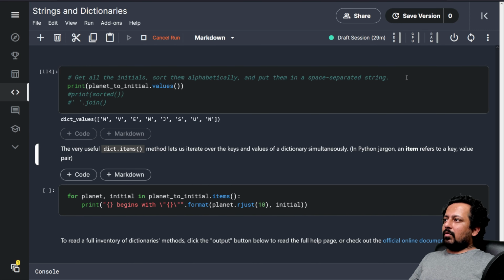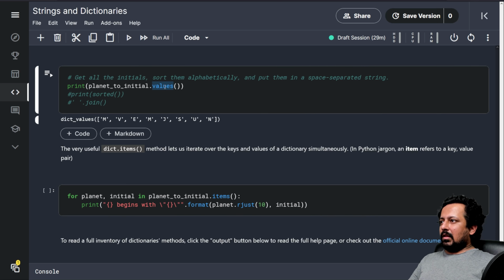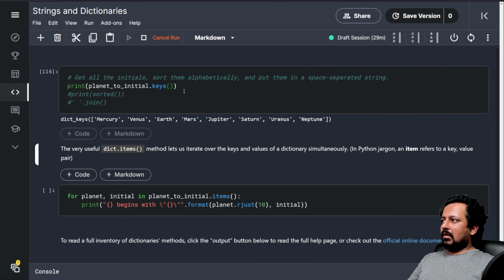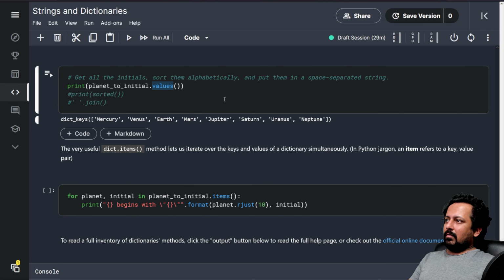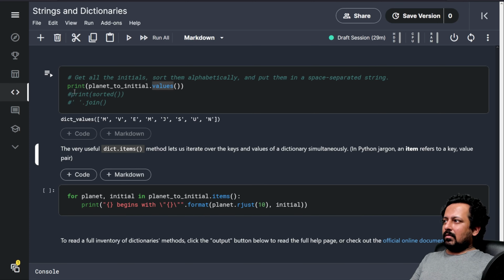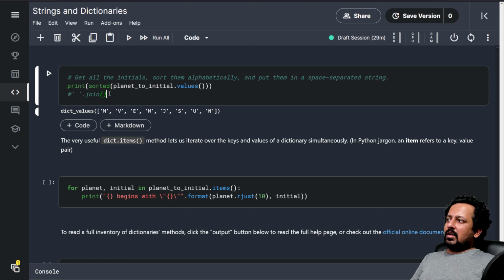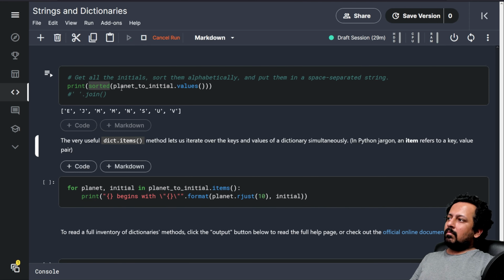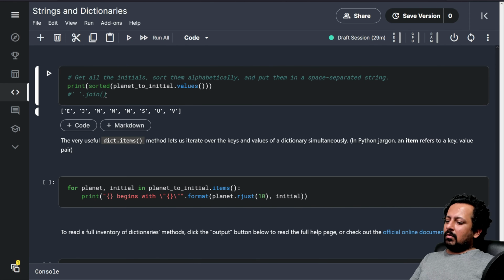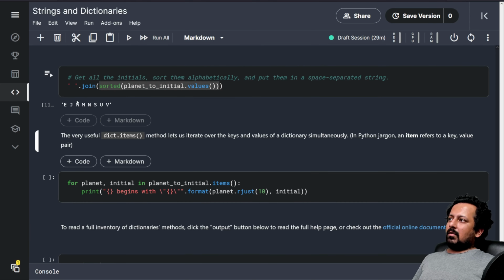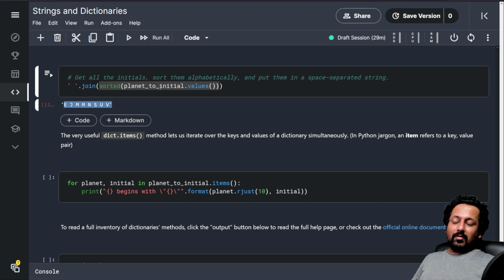You can also get the keys using dot keys. Then you use sorted on the values to sort them, and you join each of them by a space. So you get one single string out of a list of values.